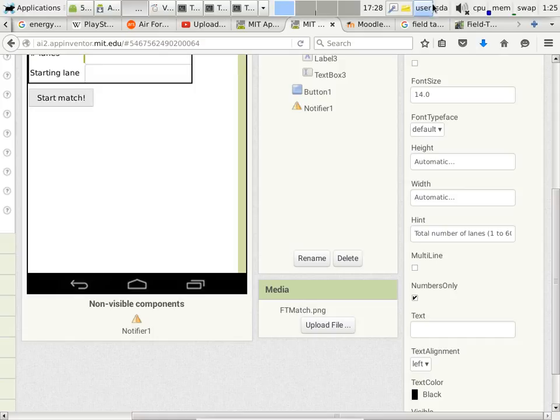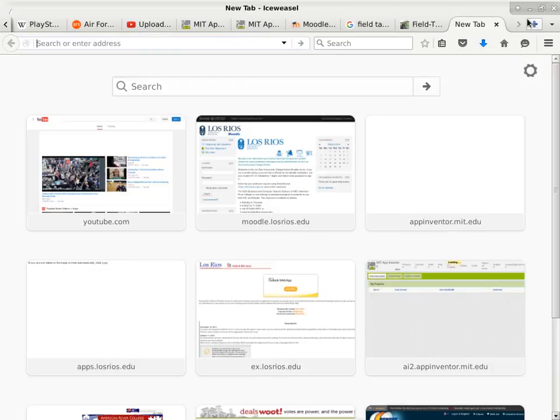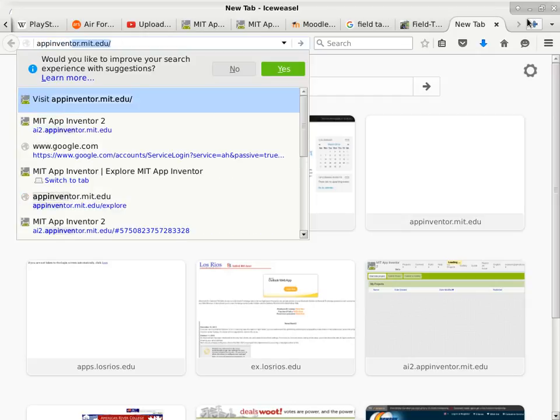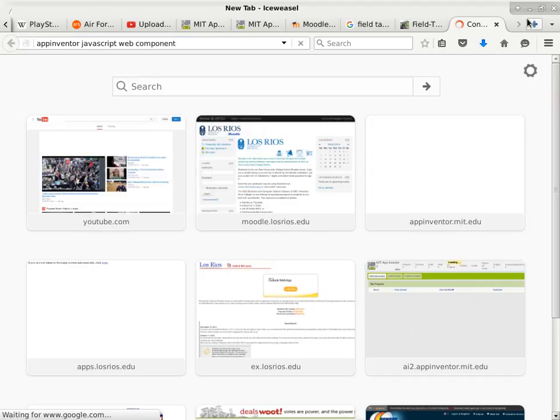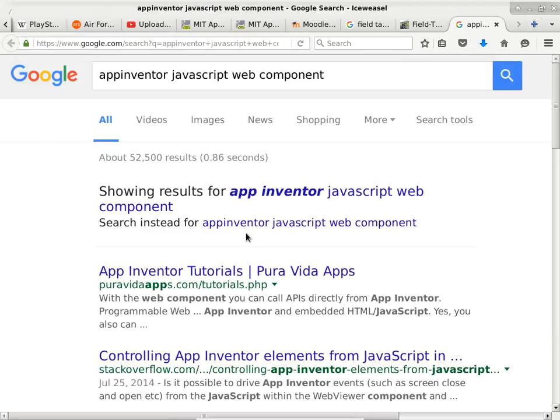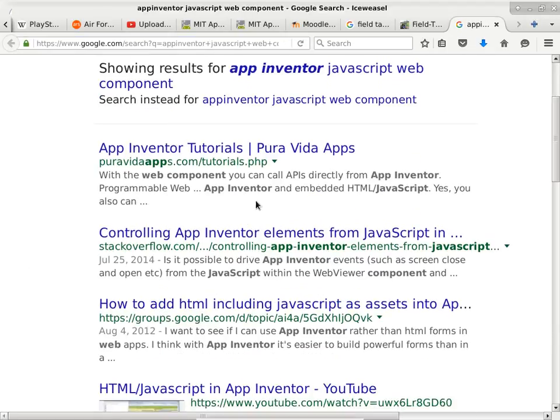Now, I know we are close to the end of the lecture time, so instead of finishing up this, I'll finish it up next time. But I do want to show you a link where you can find some help for those of you who want to use JavaScript to do some of the heavy lifting of validation and whatnot. So you can look up App Inventor, JavaScript, Web Component, and there should be some really interesting results here. So this one is